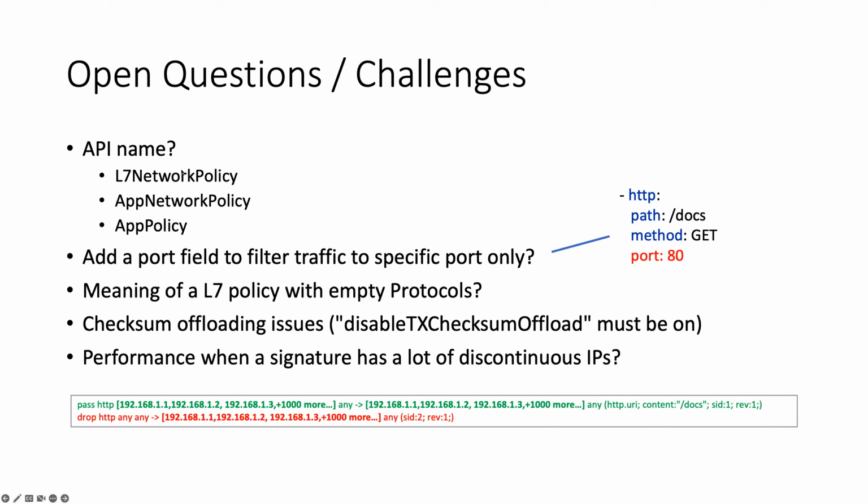The first is API name. Currently, in my PR for the Layer 7 policy API, I just use the first name, and I think we could just discuss this in the PR itself. So let's go to the second directly. For the second question, in my current